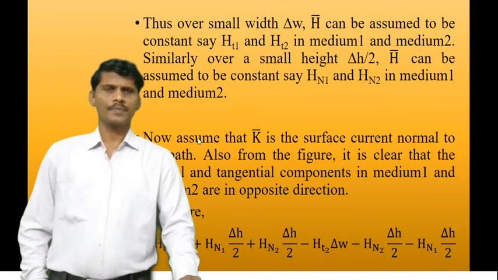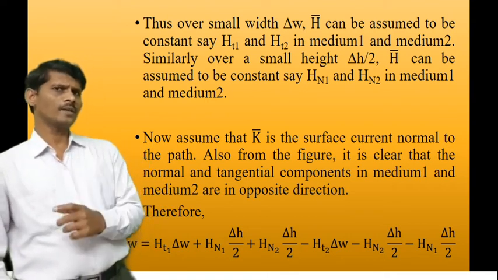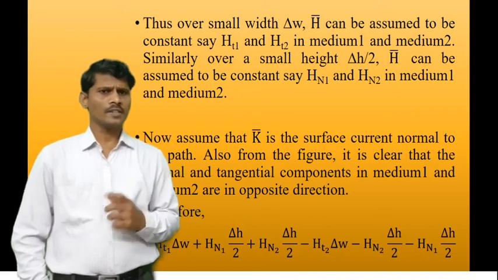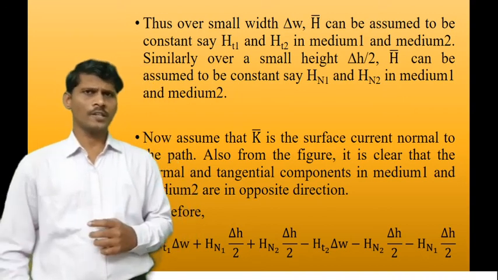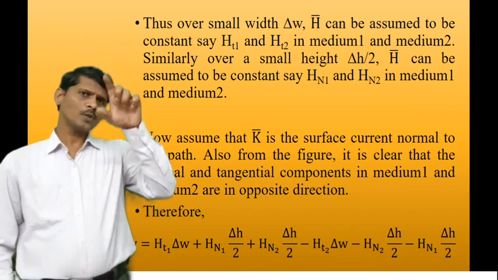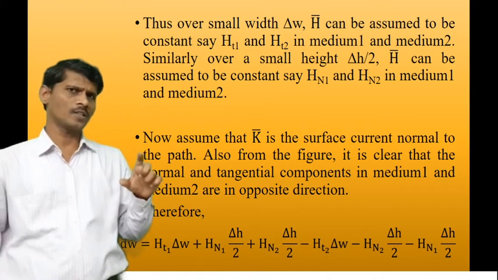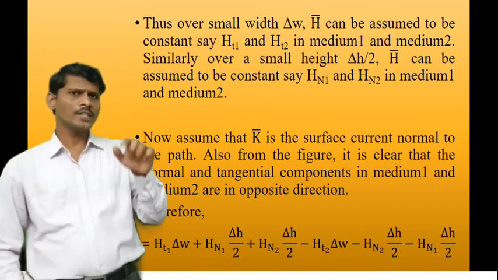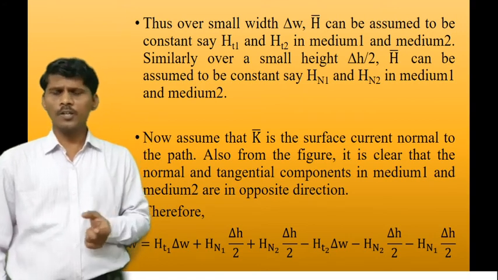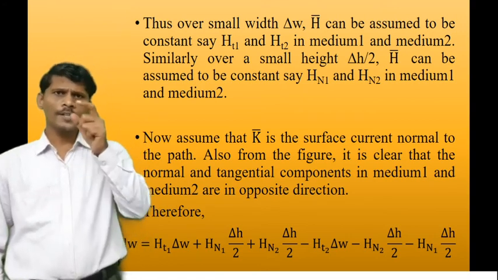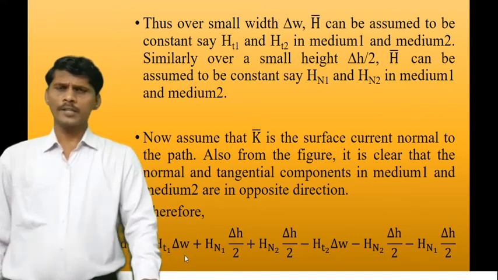For the first term, the magnetic field intensity can be assumed to be constant. In medium 1, H is equal to H tangential 1. In medium 2, H is equal to H tangential 2. So what is the path A to B? On path A to B, the magnetic field intensity is considered constant: H tangential 1 into integral A to B dl bar. What is the width of the path A to B? Delta W. Because of that, integral A to B H bar dot dl bar is H tangential 1 delta W